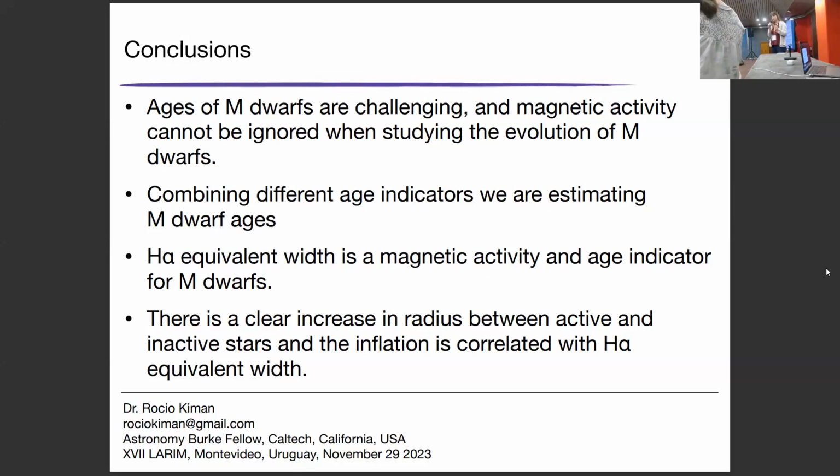What I always worry about with H-alpha is the variability. So getting one spectrum from an M-dwarf, we might not even see H-alpha because it's super variable. So to do a study with high resolution spectra, I think we need to take several if we want to study one star in detail, at least to make sure to have an average of the H-alpha value that star has. Yeah.